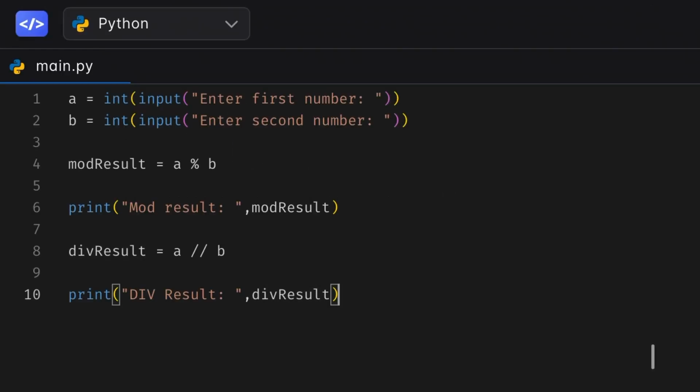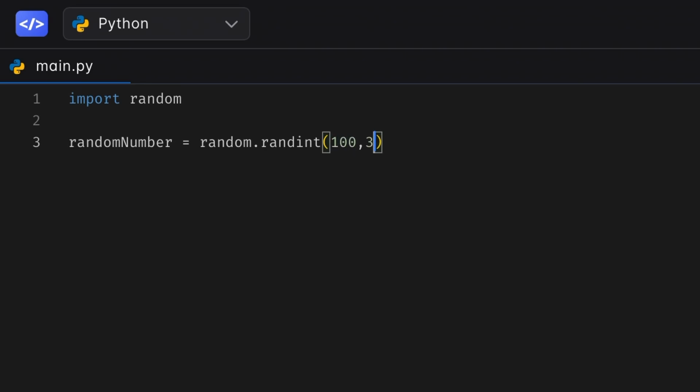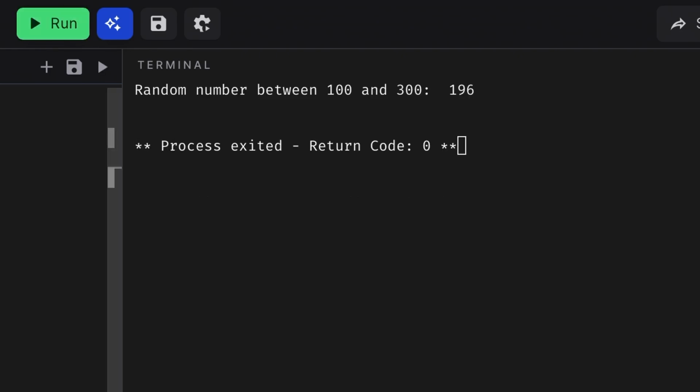And then finally, to generate a random number between 100 and 300, we import the module random. We create a variable, let's just call it randomNumber, and this will equal random.randint. Set our lower and upper limits, which were 100 and 300, print out the result, give this a run, and hopefully it generates a random number between 100 and 300, and it's given us 196. If I just keep running this, 191, 280, and 293,